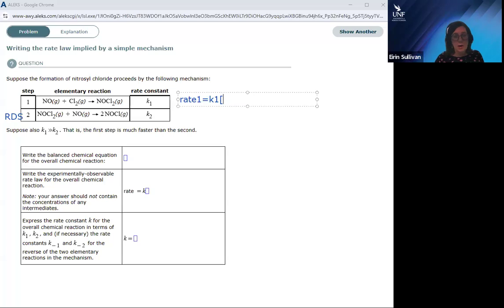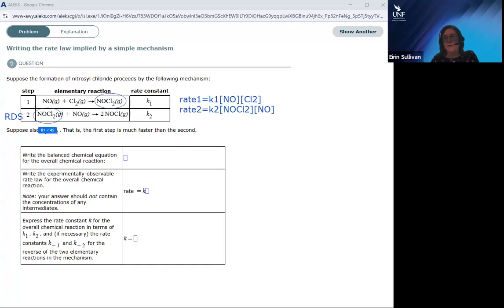one of the reactants. So we can go ahead and write the rate law for step 1. So it's k1 times the concentration of NO times the concentration of chlorine, and we can do the same for step 2. The rate law for step 2 is k2 times NOCl2 and the concentration of NO. So therein lies the problem. This NOCl2 is an intermediate. It is formed at the end of elementary step 1 and it gets used up at the beginning of elementary